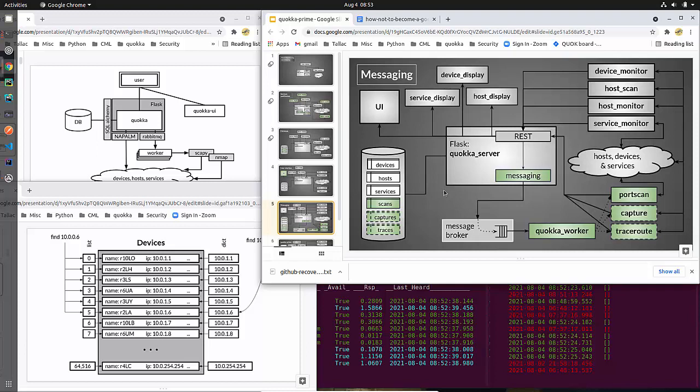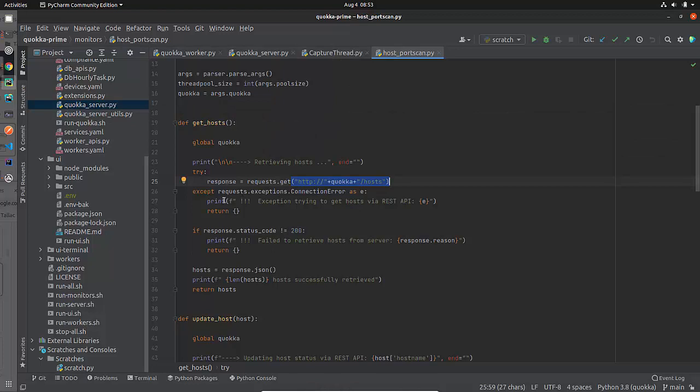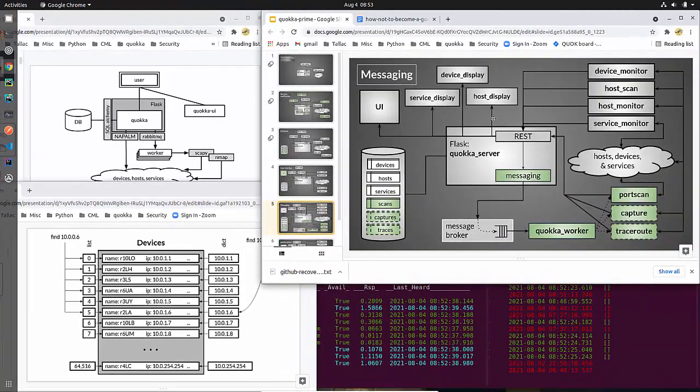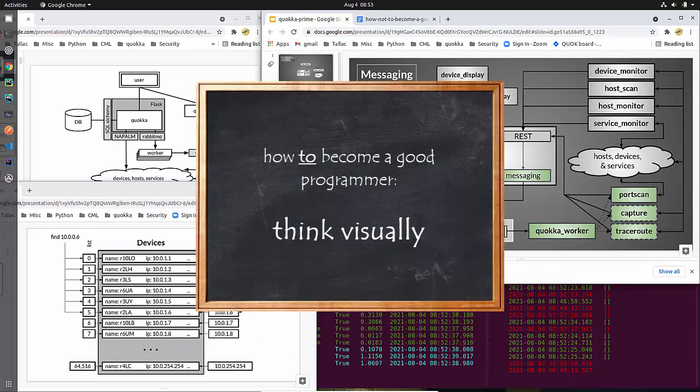But as you grow as a software developer and as a programmer, you're going to need to be able to communicate this, or else you'll be ever stuck in this world where you just end up writing an extra exception clause or something like that. So remember, learn how to visualize things and learn how to draw pictures that communicate concepts. In other words, learn to think visually.